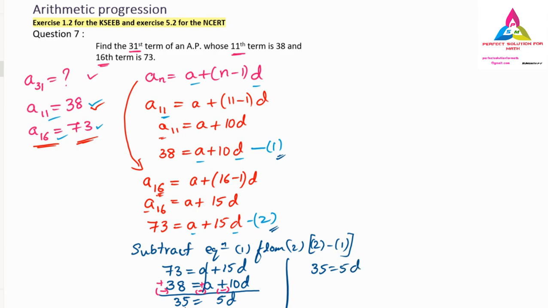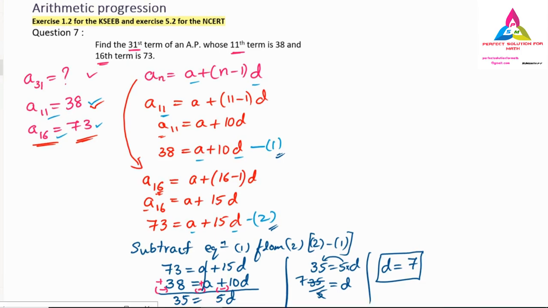What you have to do now? Unknown thing, we have to keep it one side. So d is unknown, we have to keep it there. 35 I have to write as it is, divided by 5, because when I shift this 5, it will become division, because in between 5 and d we have into. So 5 ones are 5, 5 sevens are 35. So we got the d value. What is the d value? D value is nothing but 7. So this is the required thing. We found the d value, that is 7.